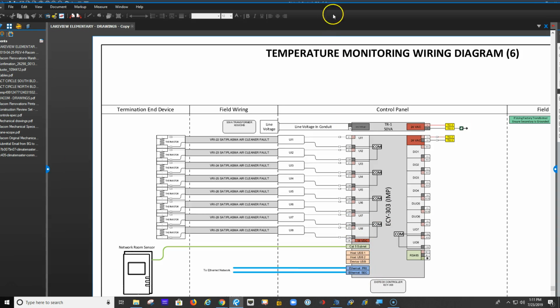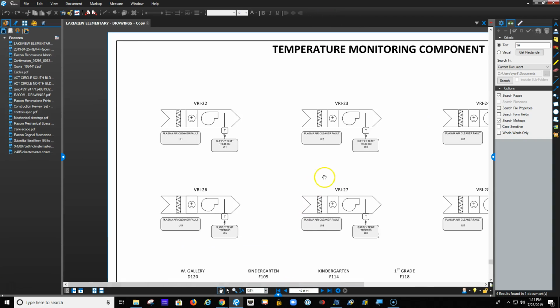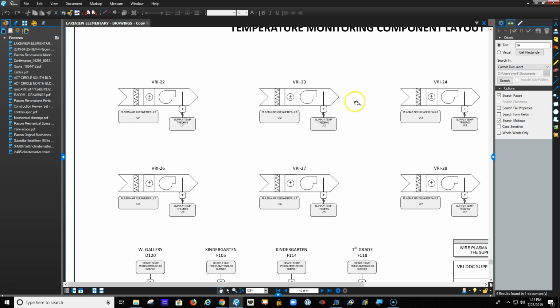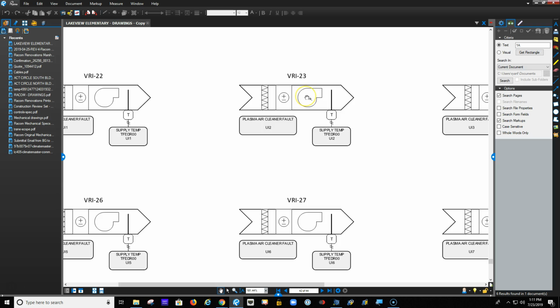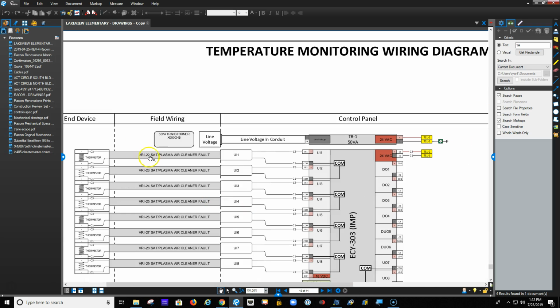Like everything, there are a few things that are unique about it. We are monitoring a whole bunch of these variable refrigerant units. They're basically like fan coil units. We're not actually controlling them, we're just monitoring some stuff on them. So we're going to monitor supply air temp and a plasma air cleaner, but let's make it simple: it's basically an air cleaner or a filter inside the unit. So we want to monitor this, and we monitor this. Now, in order to save points, we're doing these as a